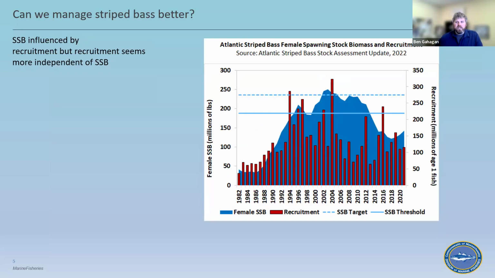So despite not having the data we would like to have to manage these fish, striped bass have been considered somewhat of a modern success story. Although the shine on the apple has certainly faded since the late 2000s, mostly due to poor recruitment, especially in the Chesapeake Bay. As we saw in the earlier figure, and again here, of spawning stock biomass and recruitment, there's certainly a relationship between the two, but it seems like all we know about striped bass life history and the historical record point to this being a mostly one-way relationship where recruitment predicts spawning stock biomass, but not vice versa. This is complicated given that most of our management metrics revolve around spawning stock biomass, which is certainly a decent goal, but it does not seem to guarantee the returns that we want to see.